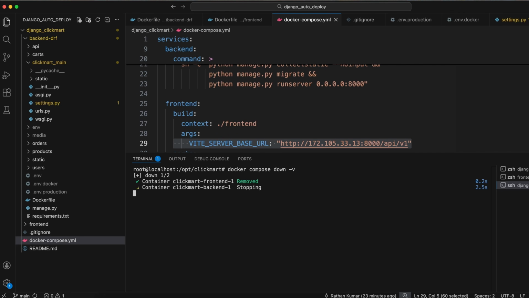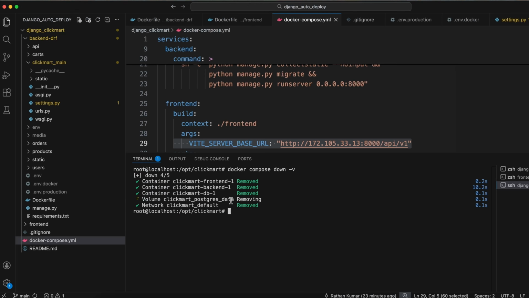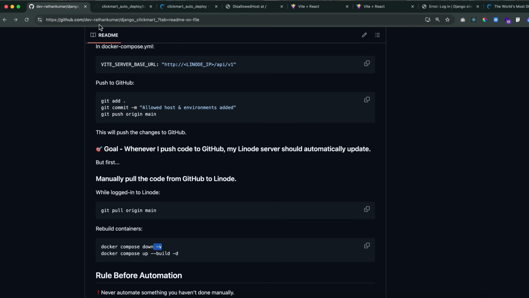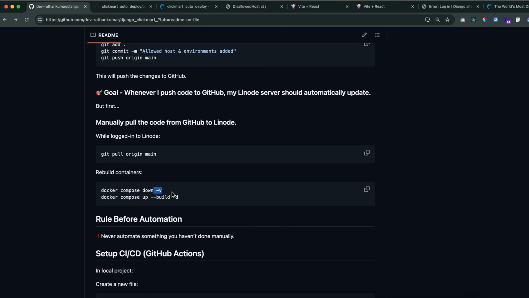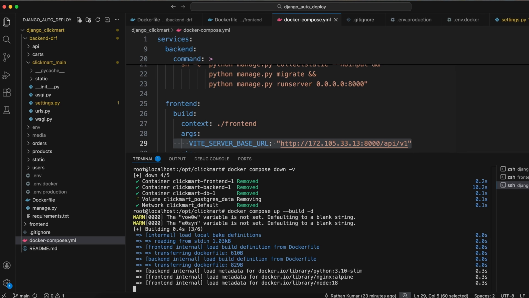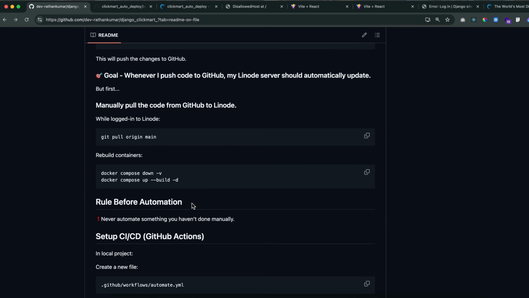Okay, so this will just bring down all the services or the containers, and then I'll rebuild it. Okay, this looks a little bit risky to me. So what I'll do, I'll just update this readme.md. By the time you see it, you will just see this one, docker compose down, not -v. So docker compose up --build -d. Let's rebuild the container. Okay, now that it is done,